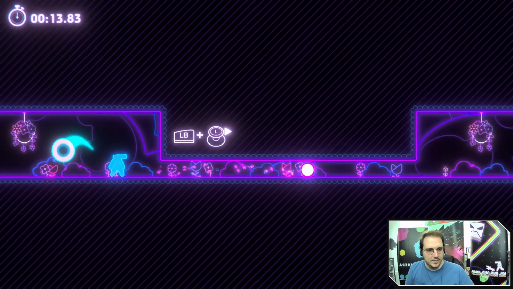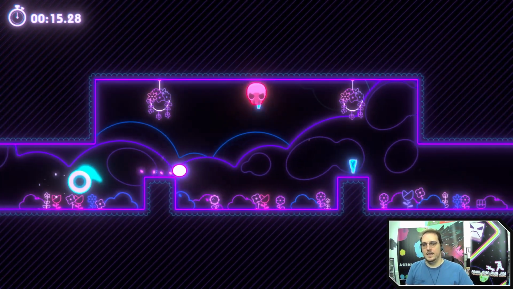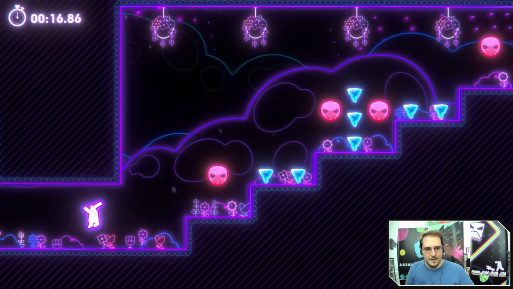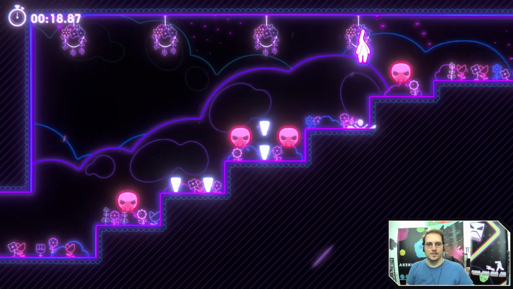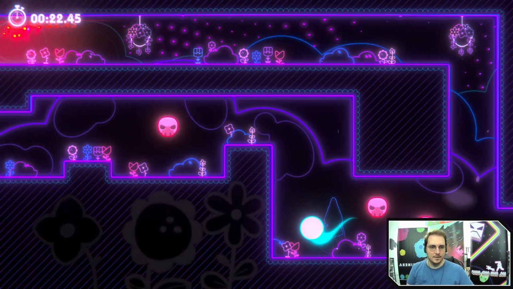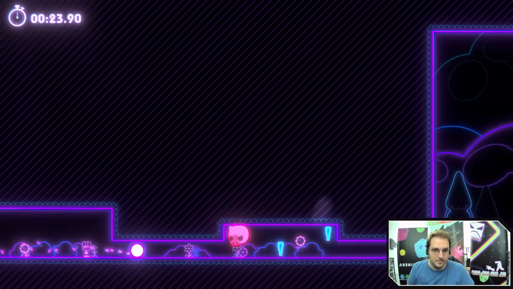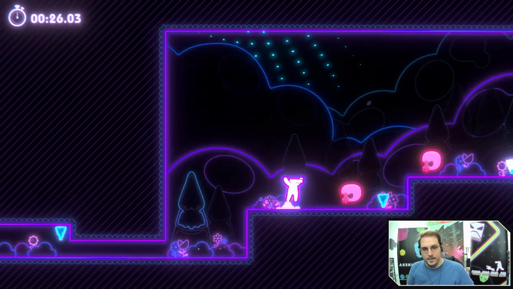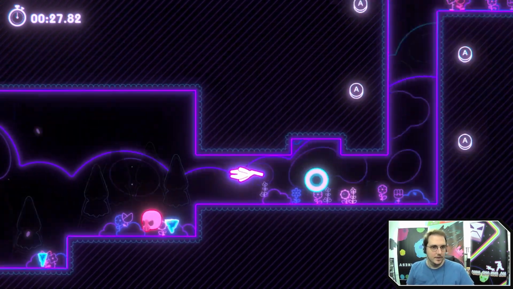Trying to use all my moveset here now to get through this as fast as possible. Long jumps are, of course, the fastest, but high jumps are really fast too if you can get them. Instead of double jumping, do a high jump to go up a vertical distance very quickly.